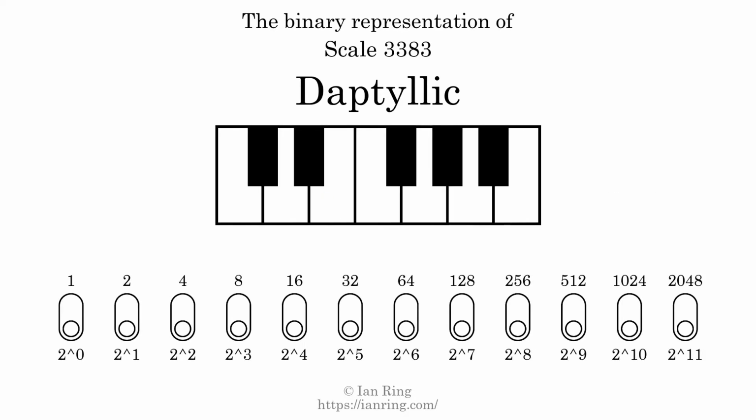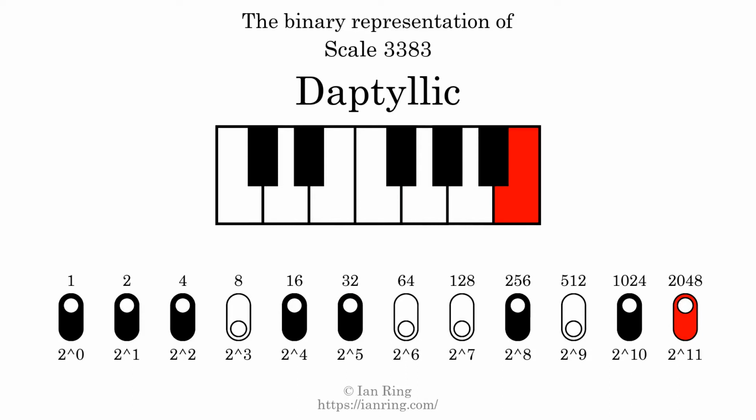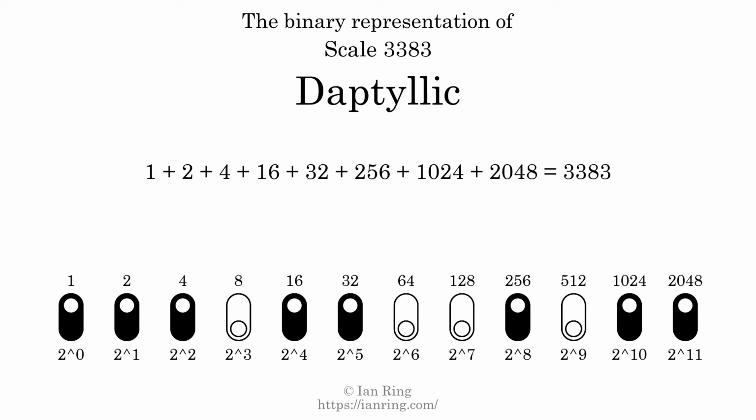The binary representation of this scale is determined by mapping tones of the scale to binary digits. Each binary digit represents a power of 2. To get the scale number, we add the powers of 2 together. The powers of 2 that are present in the scale, all added together, equals 3383. That is why the scale number, in decimal, is